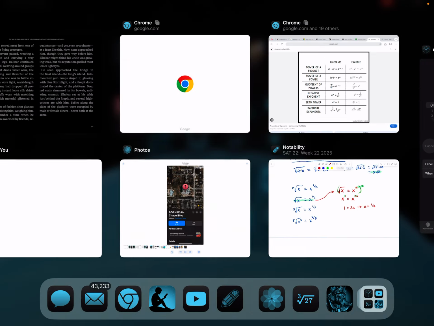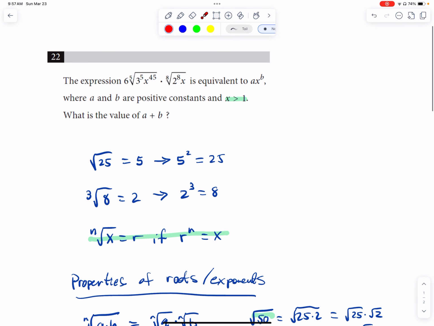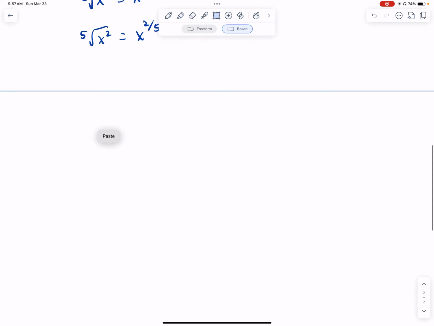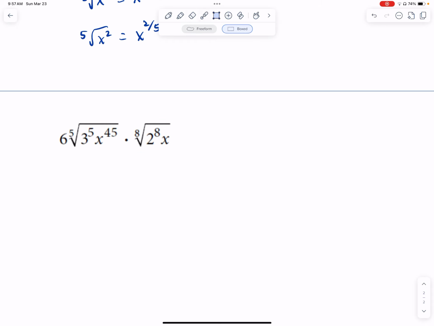Okay, so now let's dive into the actual solution to whatever is going on in this question. I'm going to break up all of these little parts here. Actually, let me steal this and bring this further down the page here. Copy, and bring this down here. Yep. All right, I'm going to break up all of these little roots into individual little parts, and then at the same time,